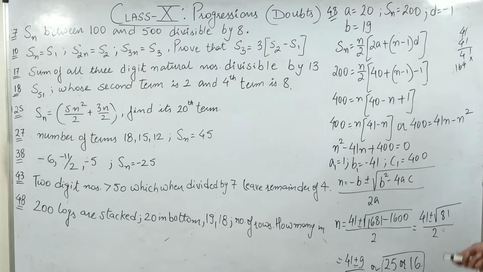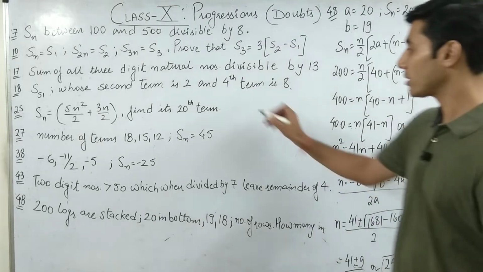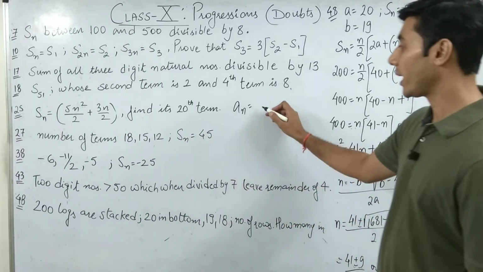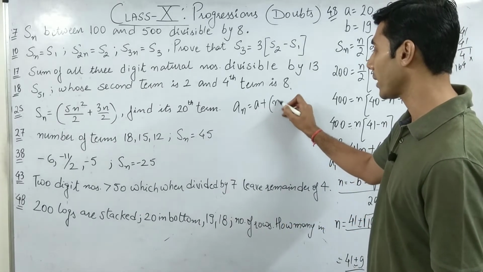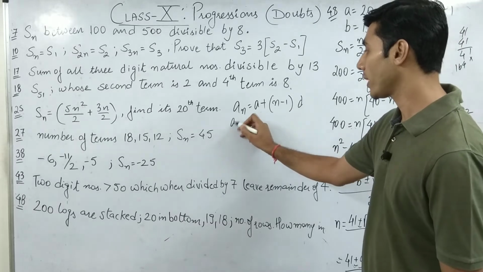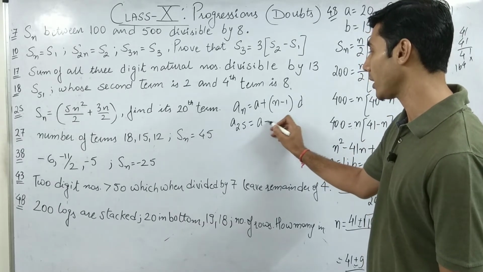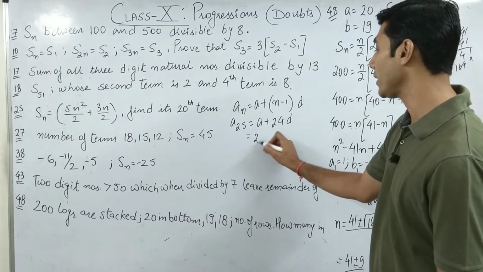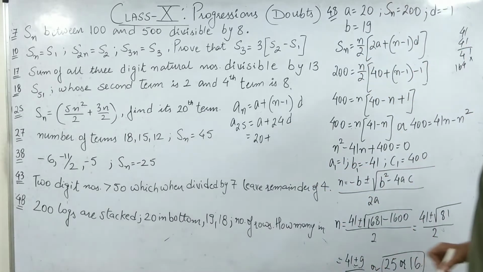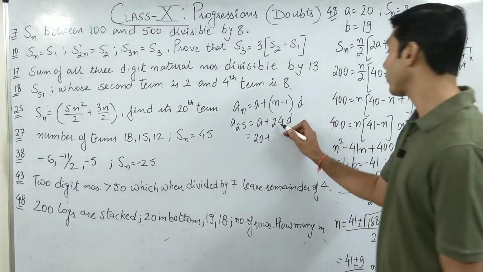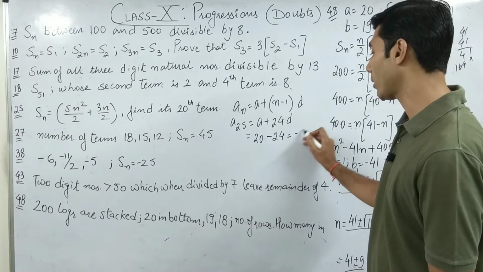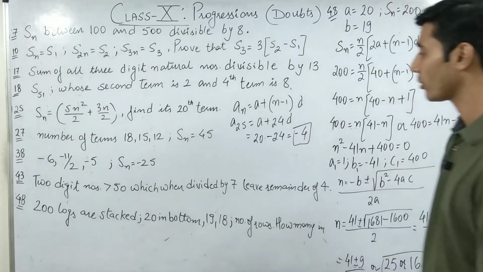So let's check: in the top notch row, if I put A as 25, what will come, and if I put 16, what will come? So let's check, guys. The formula for An, because I need to find out how many are in the top row, is An = A + (n − 1)D. If I take n as 25, it becomes A + 24D, and in place of A comes 20 + 24 into D, which is −1, so it is going to be minus 24. Common sense, guys, you cannot have minus 4 logs at the top, for sure.